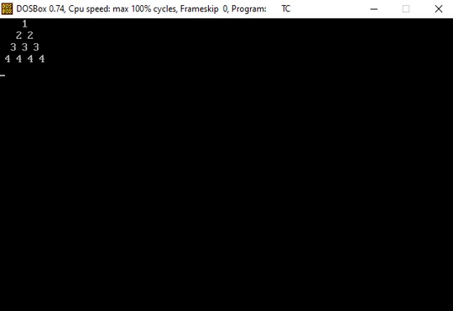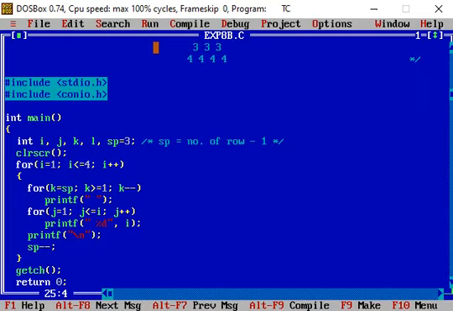In a similar way, 3 is printed three times in the third row, and 4 is printed four times in the fourth row. So using nesting of the for looping statement, we can print a pattern of this nature.